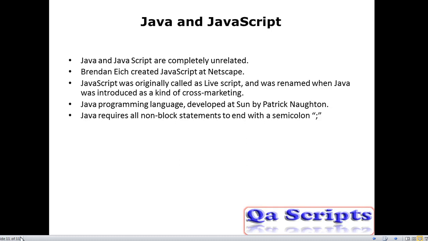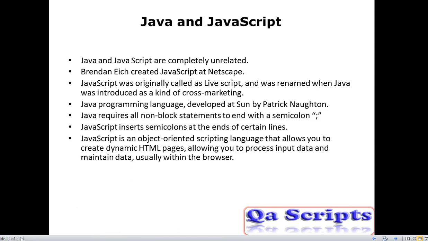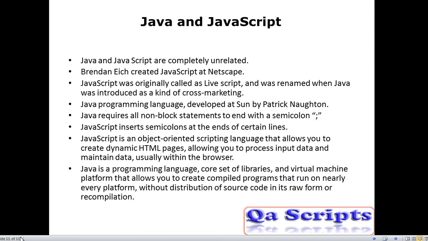Java requires all non-block statements to end with a semicolon, whereas JavaScript inserts semicolons at the end of certain lines. JavaScript is a scripting language that allows you to create dynamic HTML pages, allowing you to process input data and maintain data, usually within the browser.